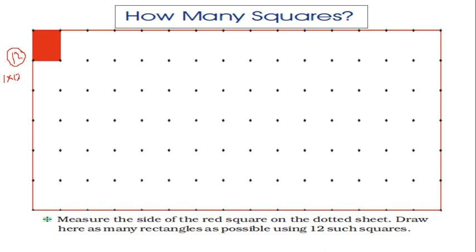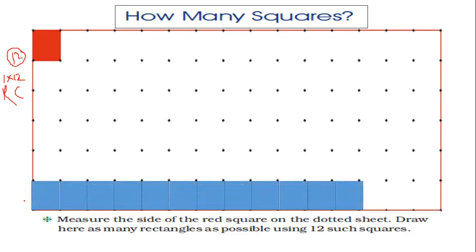So here 1 represents the rows, number of rows with respect to the figure, and 12 represents the number of columns. Here we write R for row and C for column. So the first figure looks like this. Look here. Rows are always horizontal. In this way we can count the rows, and vertically we can count the columns.